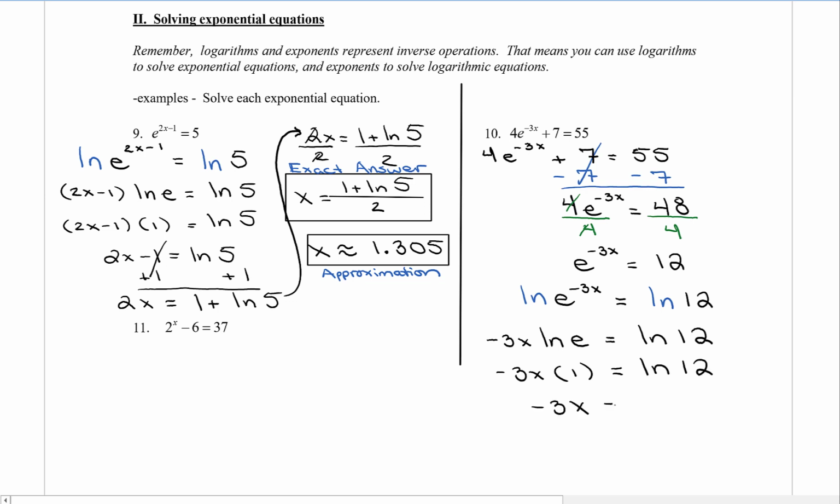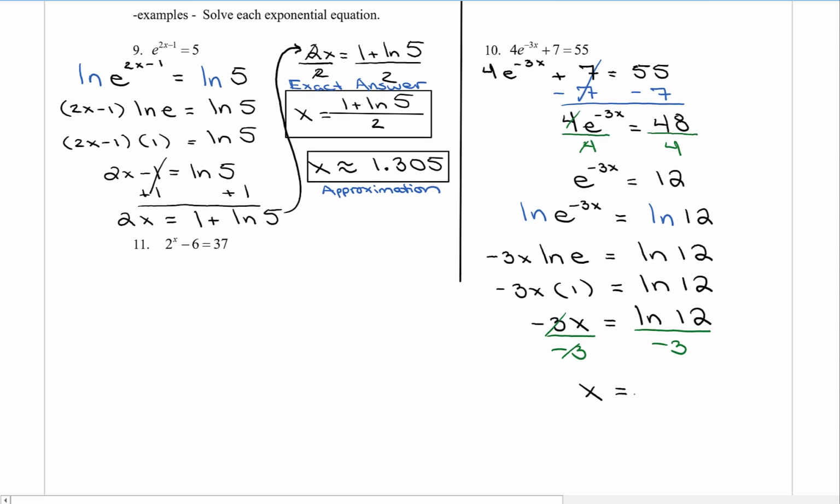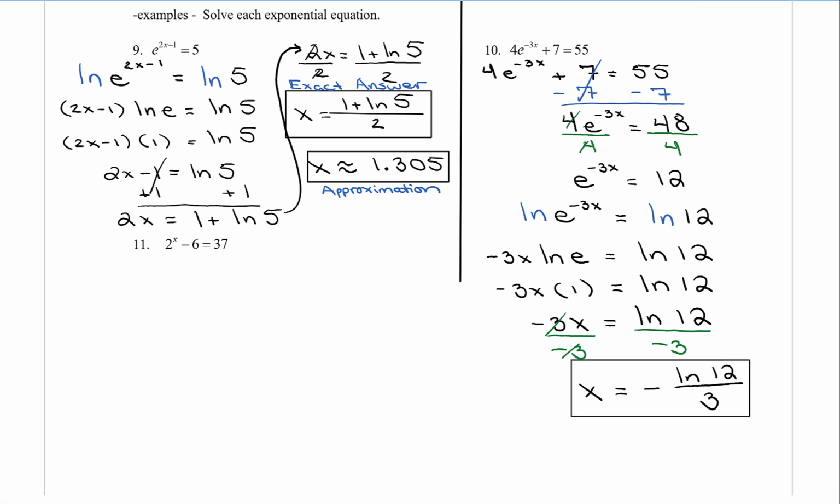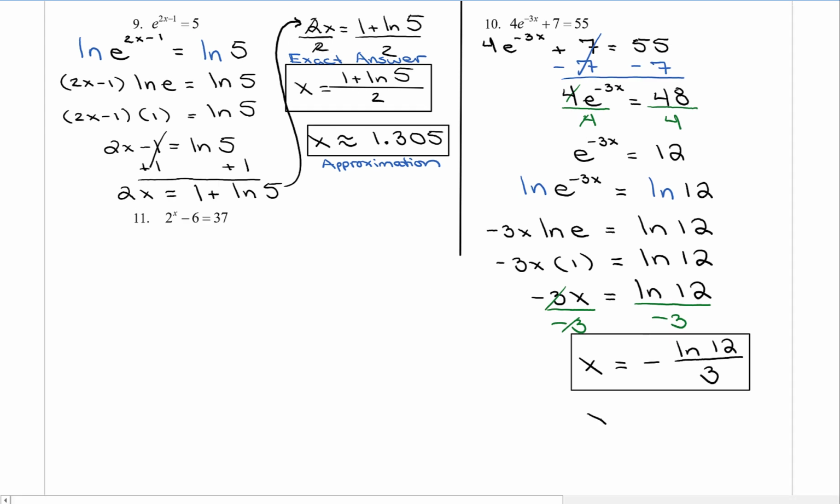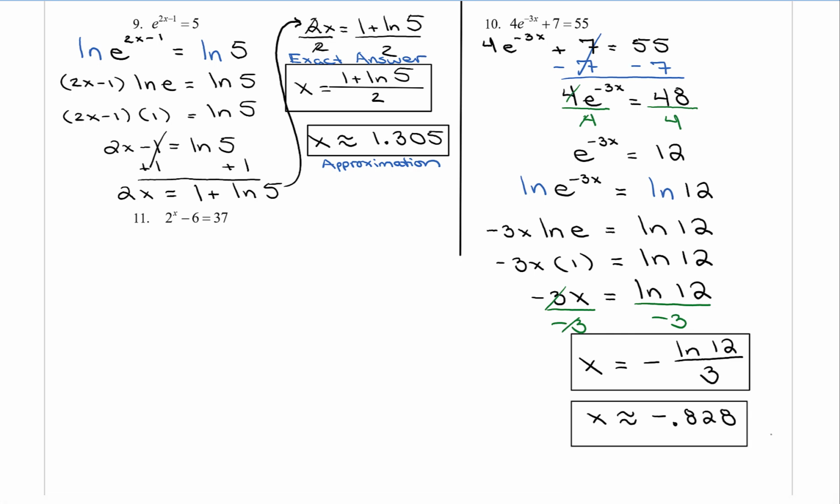I can divide both sides by negative 3, so the negative 3's will divide out on the left-hand side, and we will be left with x equals negative natural log of 12 over 3. And I'm going to box that in. That represents my exact answer. Now let's use our calculators to come up with an approximation for this answer. My approximation is going to be x is approximately equal to negative 0.828, and I'm also going to box that answer in. Let's move on to number 11, but before we do, let's go ahead and draw a horizontal line